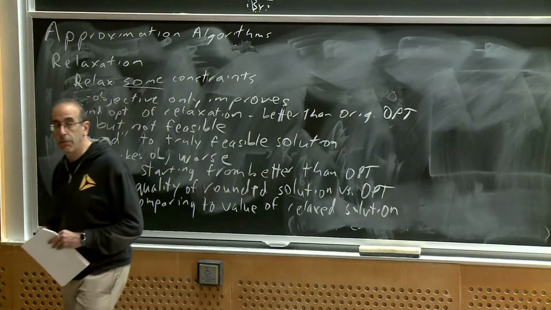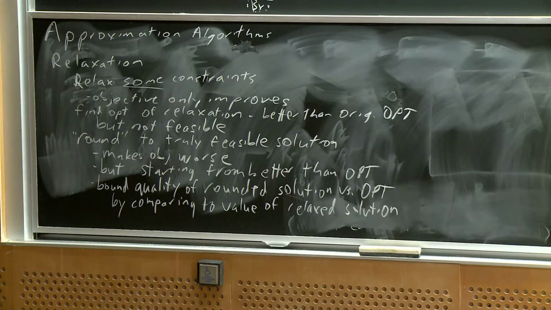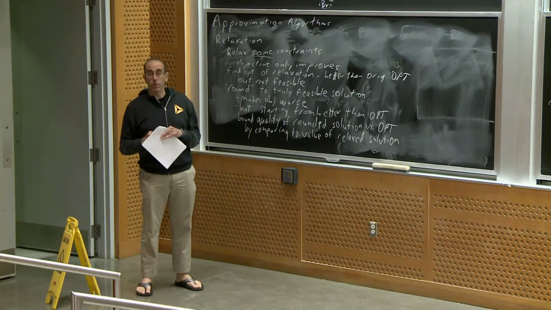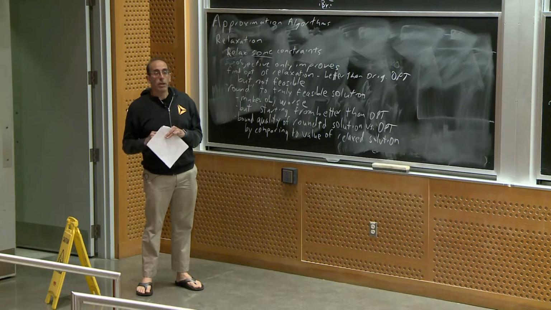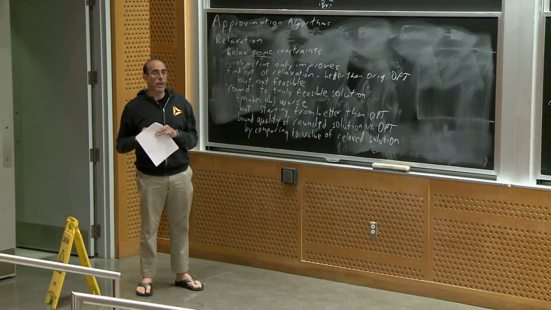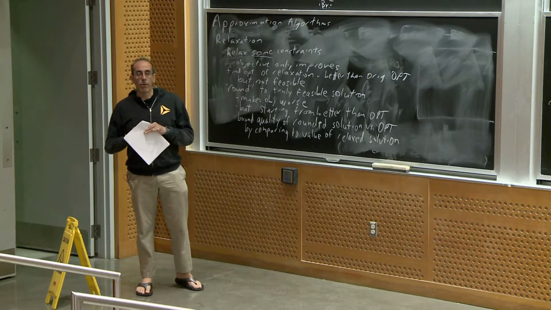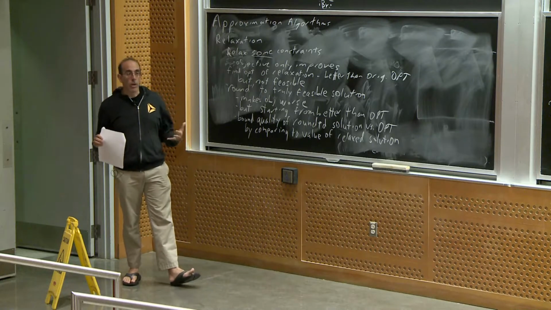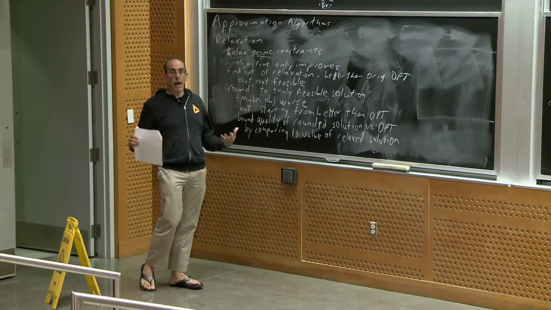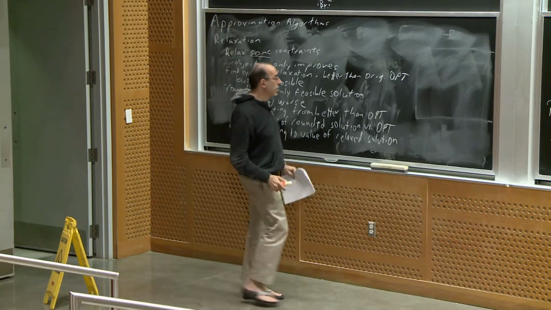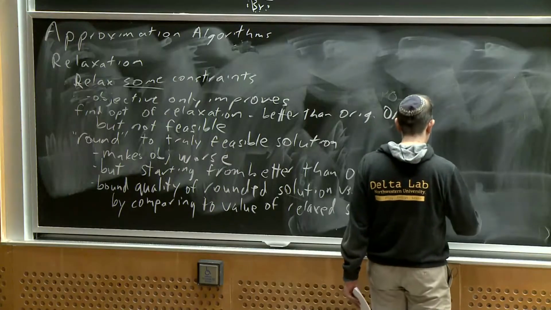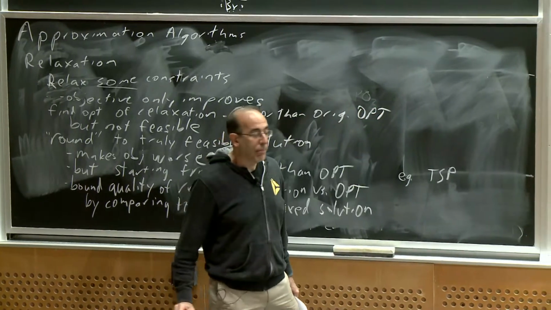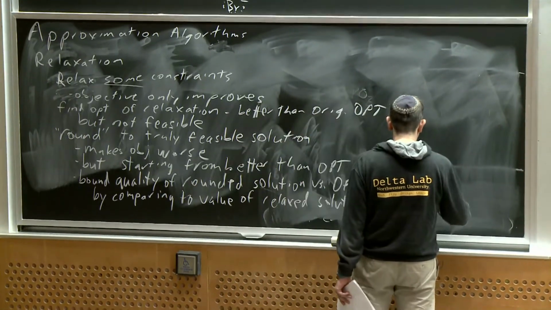So if rounding causes you to at most double the value of your relaxed solution, well, you know that it was previously better than opt. So after doubling, it's at most twice opt. And so whatever ratio you achieve against the relaxed solution is also a ratio that you achieve against the true optimum. And so we saw this last time with TSP, traveling salesman problem,